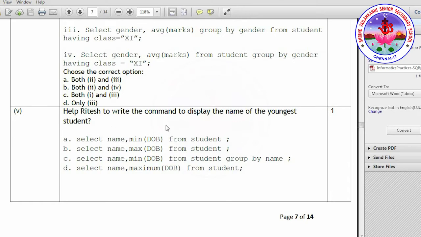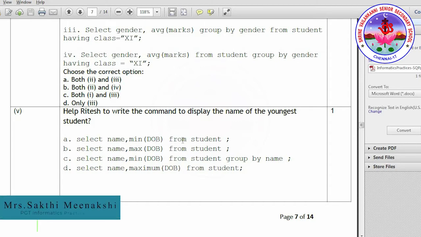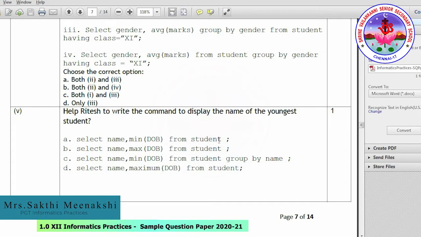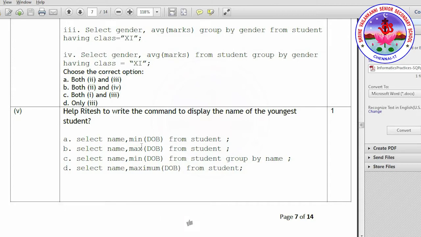Help Ritesh to write the command to display the name of the youngest student. Okay, so we have to display the name of the youngest student. So name comma min of DOB from student. Is this the right answer? So we are using an aggregate function over here, but there is no grouping at all.